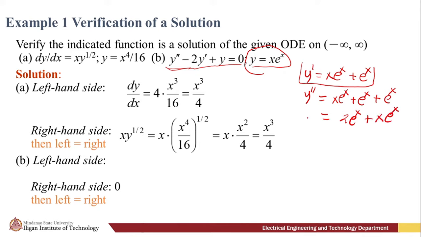So now, meron tayong y double prime, y prime at y. So substitute lang natin ito dito sa ating differential equation. So we have 2 e raised to x plus x e raised to x minus 2. Ang y prime natin is x e